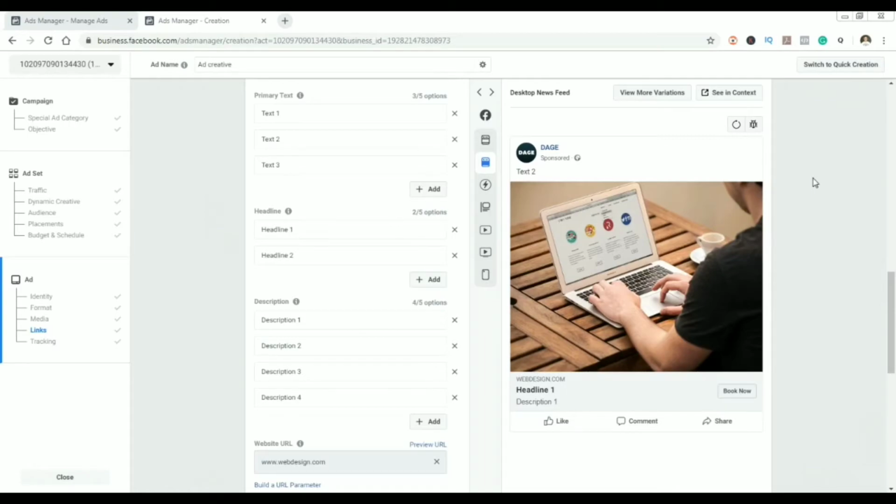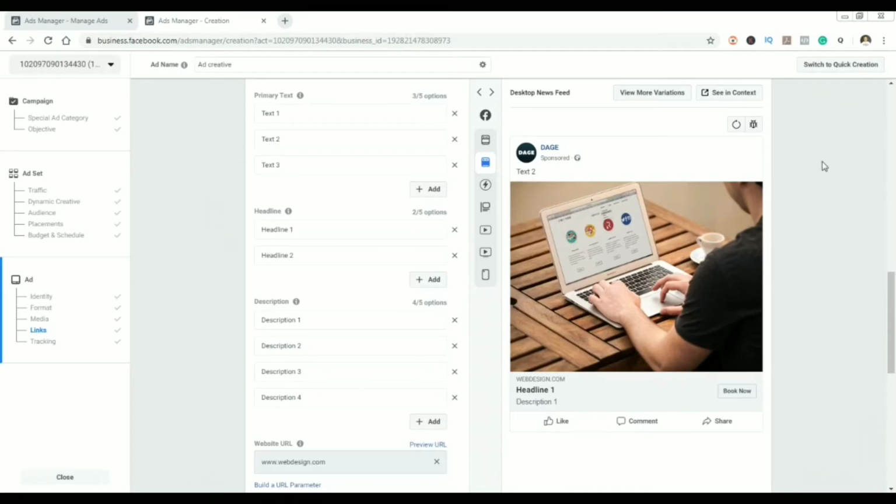Keep in mind that you shouldn't use this for split testing, because split testing is used in a different way. You need to get some conclusions, but from the ads that are relatively similar, here we're talking about different things. So even Facebook says that it's not recommendable to do split testing with dynamic ads. Okay,